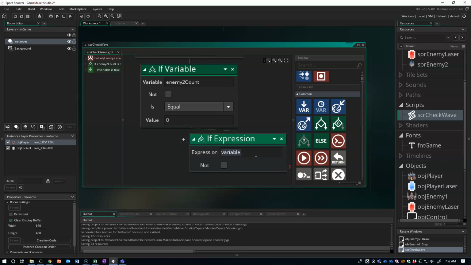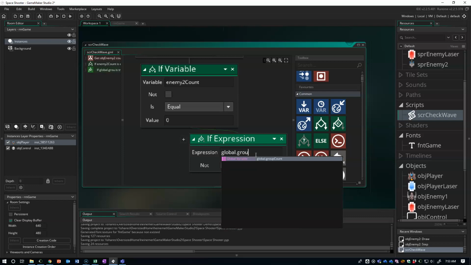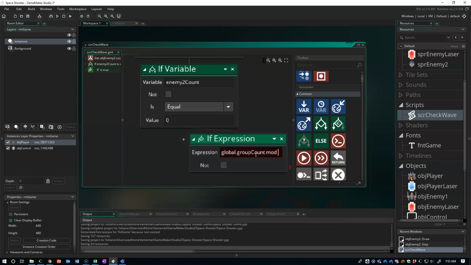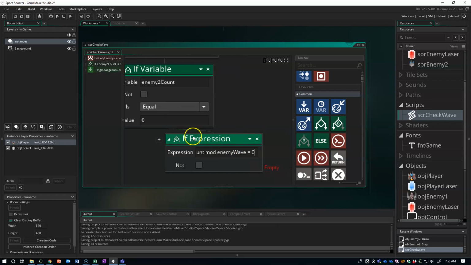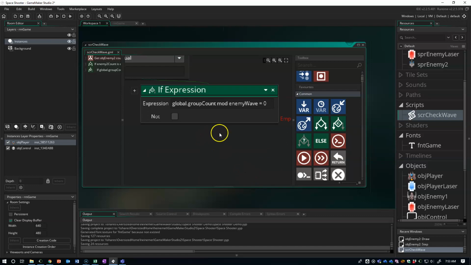So again, we're going to use that same thing we used earlier, global.group_count mod enemy wave equals 0. So again, our expression here is checking to see if we're at the end of a wave, which means it's the group count mod whatever the enemy wave value is equal to 0. Is the current group count a multiple of the enemy wave value? And if it is, then we want to